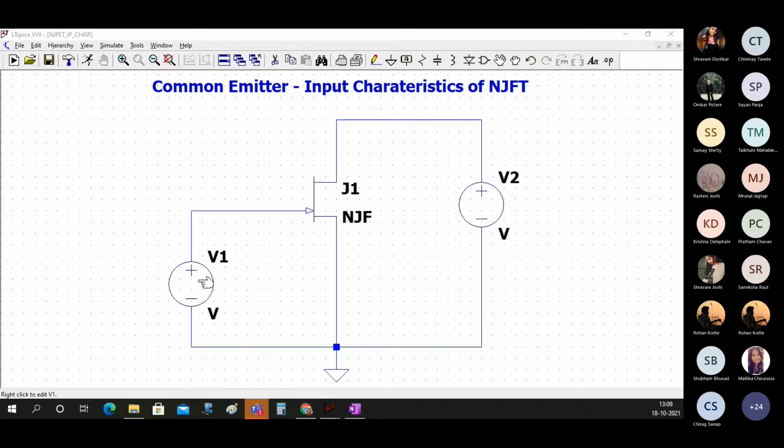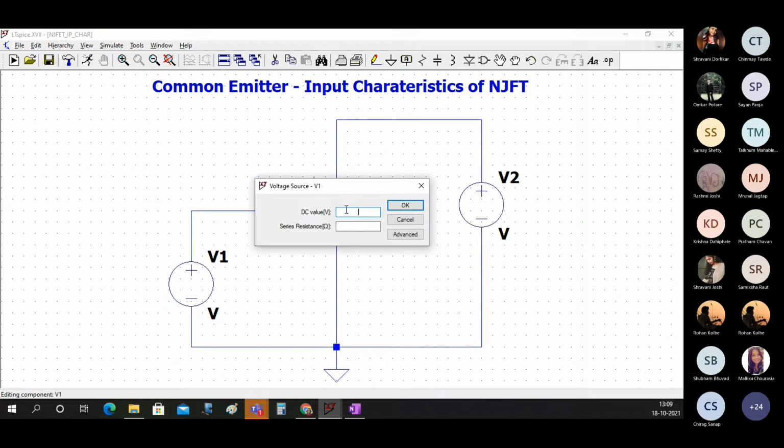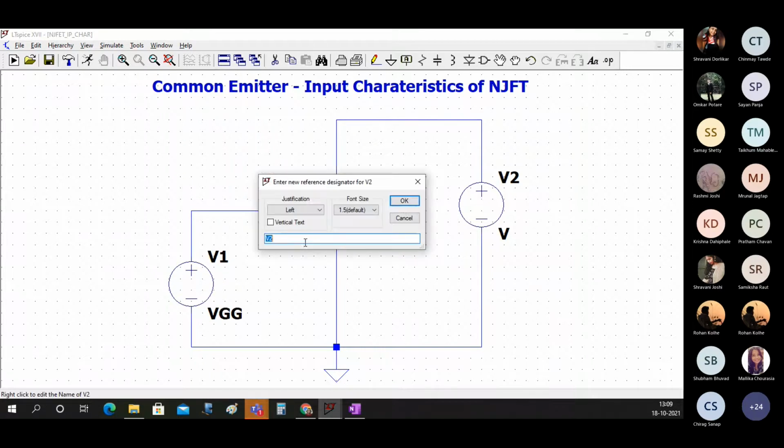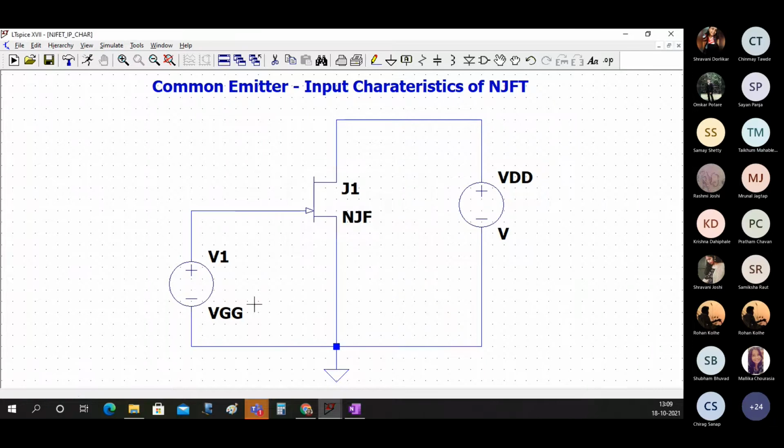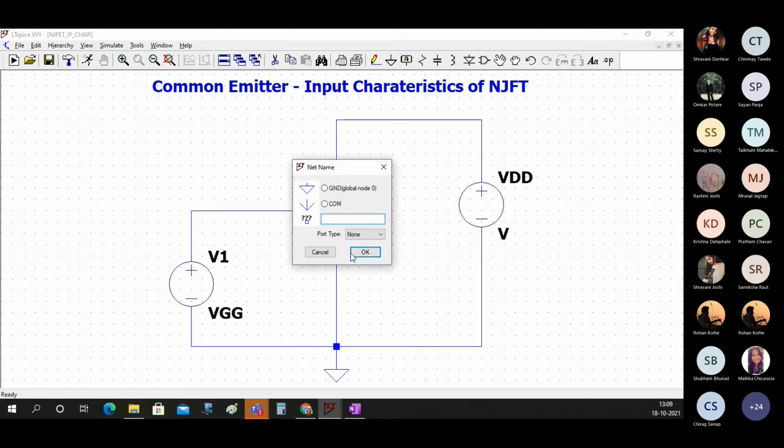Now, this source I will make VGG, and this I will name VDD. Just for the record, VGG is the gate bias, and VDD is nothing but the drain bias. Now, how to identify the terminals of the JFET?